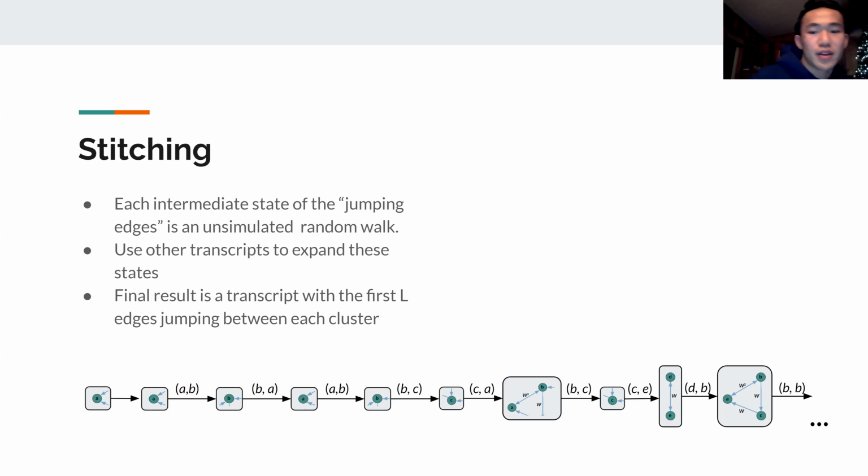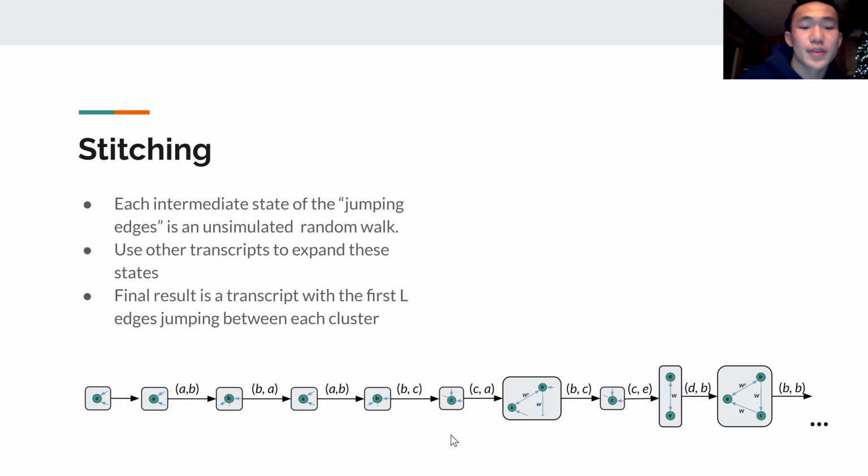But what we know is that we don't have to expand every single cluster, and we actively don't want to, because then we don't leverage this idea of shortcutting. So if we choose to expand each cluster only such that we get the first L edges that enter and exit each cluster, we will end up with some type of transcript that